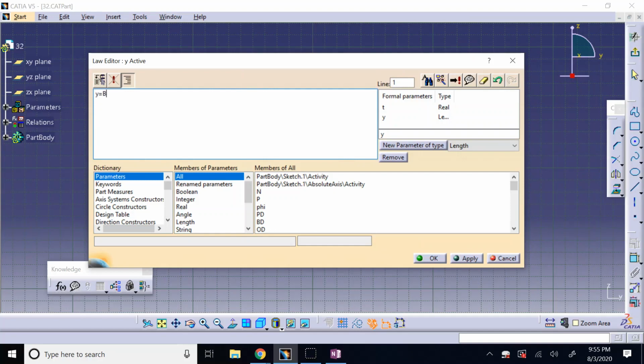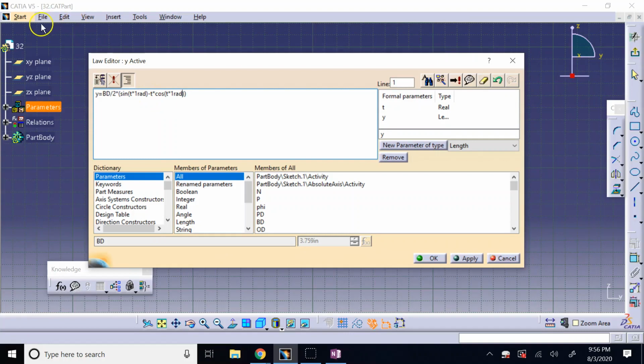And here you can type the function that you want between y and t, which was y was bd divided by 2, and it recognizes bd because it is a parameter we define, and then times sine of t minus t cosine of t. The only problem is t is a number, and when you say sine or cosine, they need an angle. So in order to convert t, which is a real number, into an angle, we have to basically multiply them by something to turn them into angle, and here we use 1 radian. So we multiply t by 1 radian to convert them into an angle,